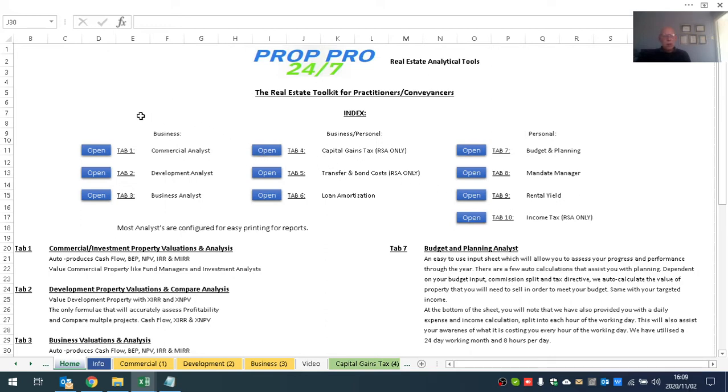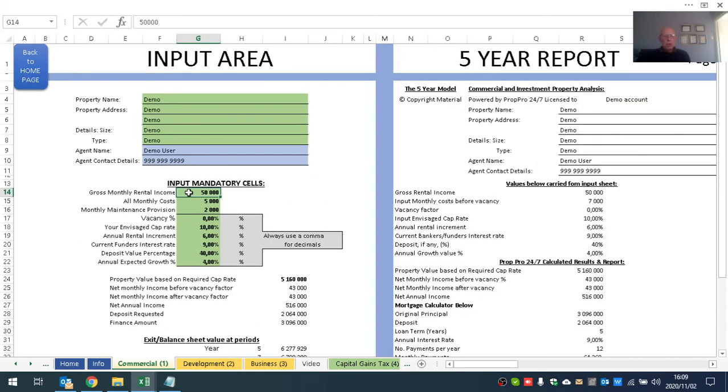Let me take you through them one by one, and I will move as quickly as possible. We go to the commercial property valuation calculator. Now there are only 9 input fields required, and no knowledge of formula is necessary. We calculate all the technically correct formula for you, which is net present value of future cash flows, internal rate of return, and modified internal rate of return. We'll show you that in less than 40 seconds, we can do a detailed and comprehensive commercial property